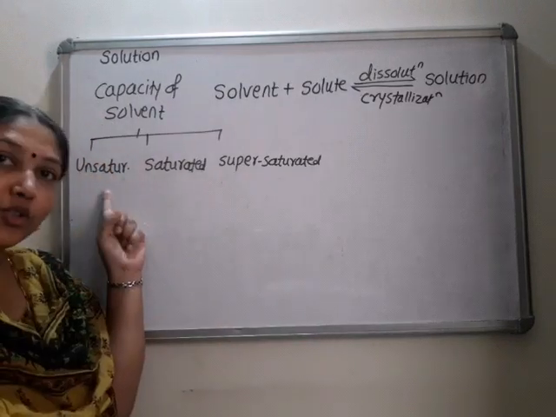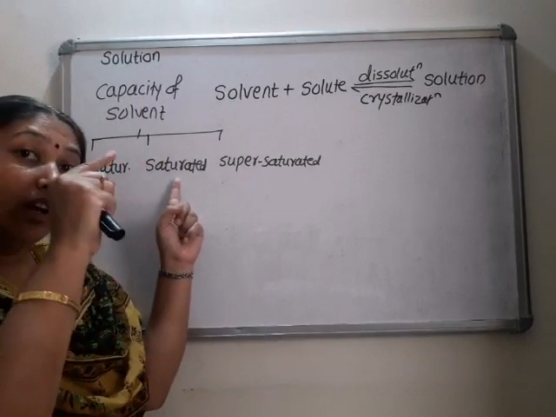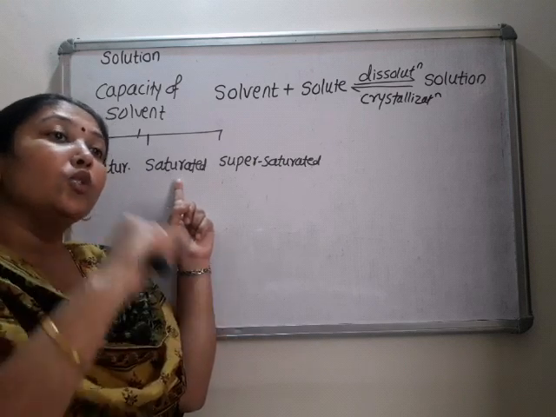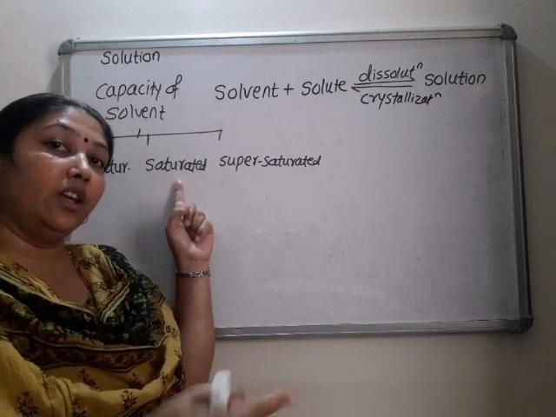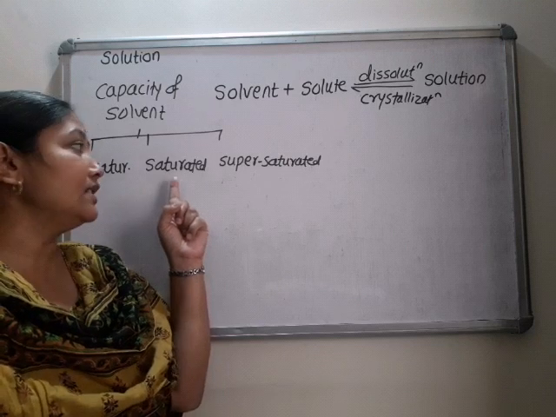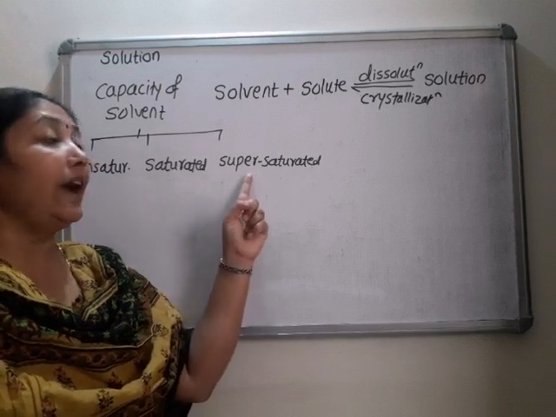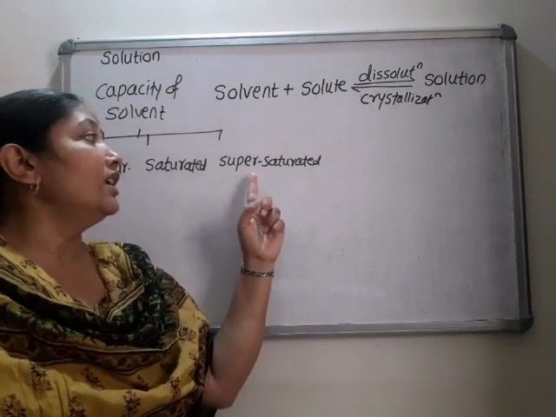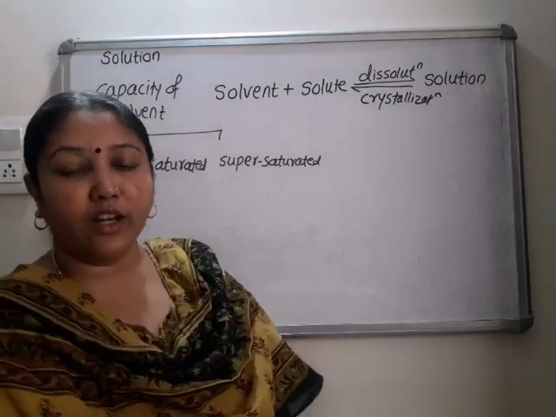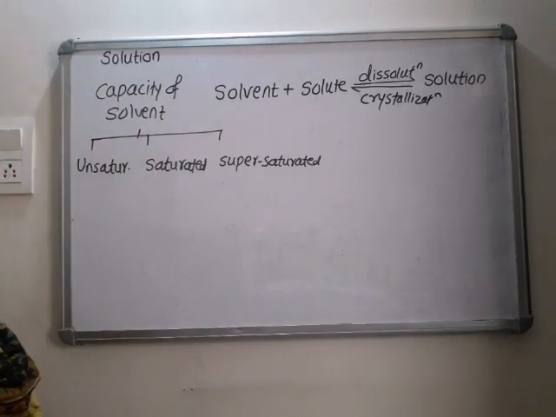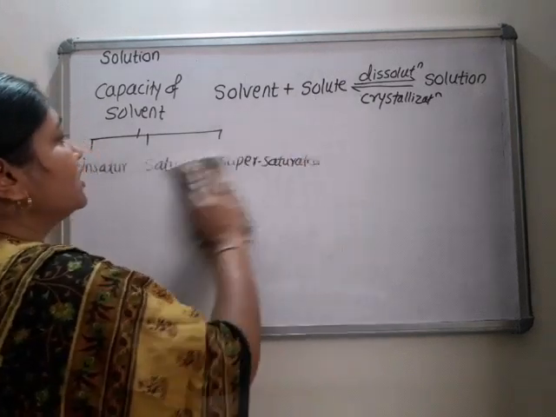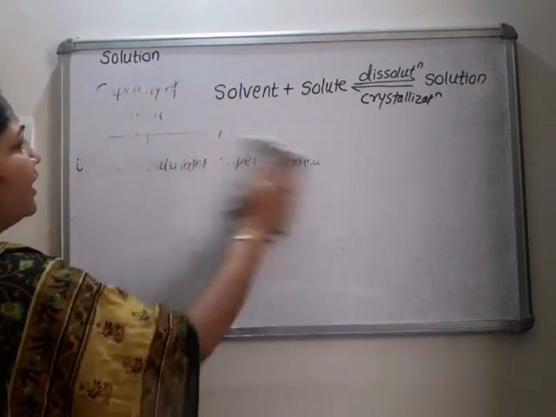Means sugar is allowed to dissolve, unsaturated. Now equilibrium is attained. Means if we stir the solution, sugar dissolves. If we stop stirring, sugar comes out from water, crystallizes. So that is a saturated solution, and when it is not ready to pass into solution, that is a supersaturated solution. Is this clear? So these are three different types of solution: unsaturated, saturated, supersaturated solution. Okay, no question on this. This was just the introductory part of this lesson.